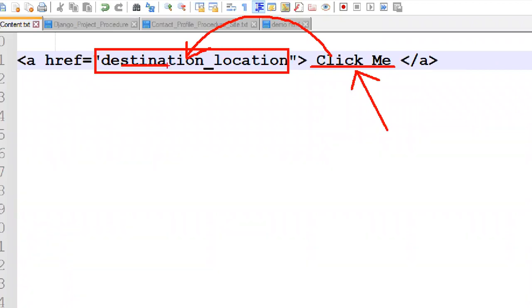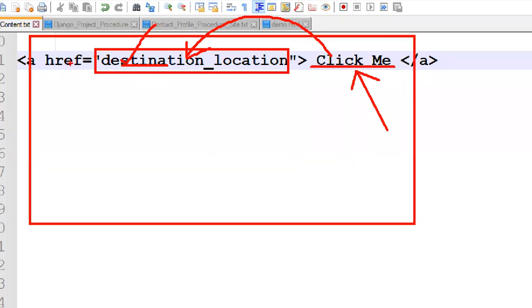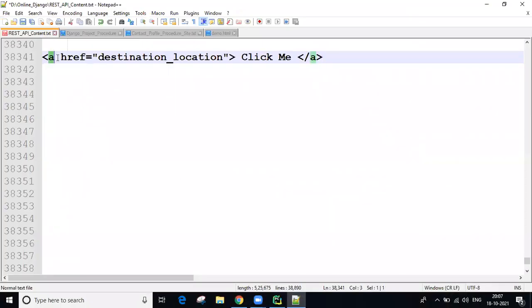App to app communication means we give another application's related link within the application. From this location to this location, if you want to come, then we give this link. Clear? So the anchor element requires a closing tag also. Opening tag and closing tag both are required.